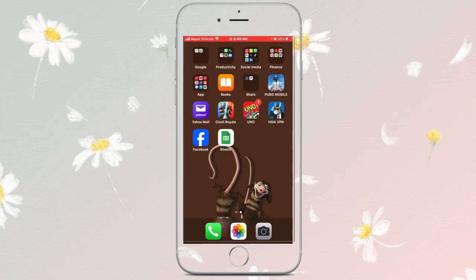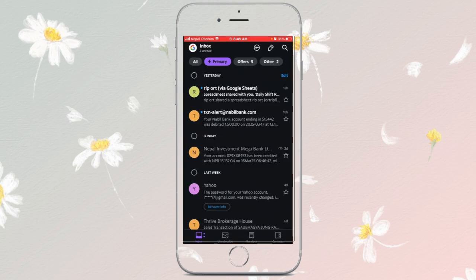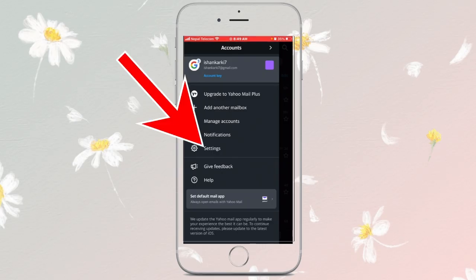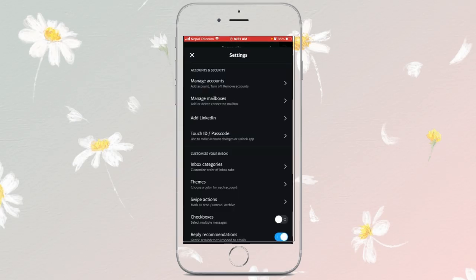Open your Yahoo Mail application. From the home screen, tap on the profile icon from the top left corner. From the pop-up, select Settings. From the Settings interface, you have to scroll down